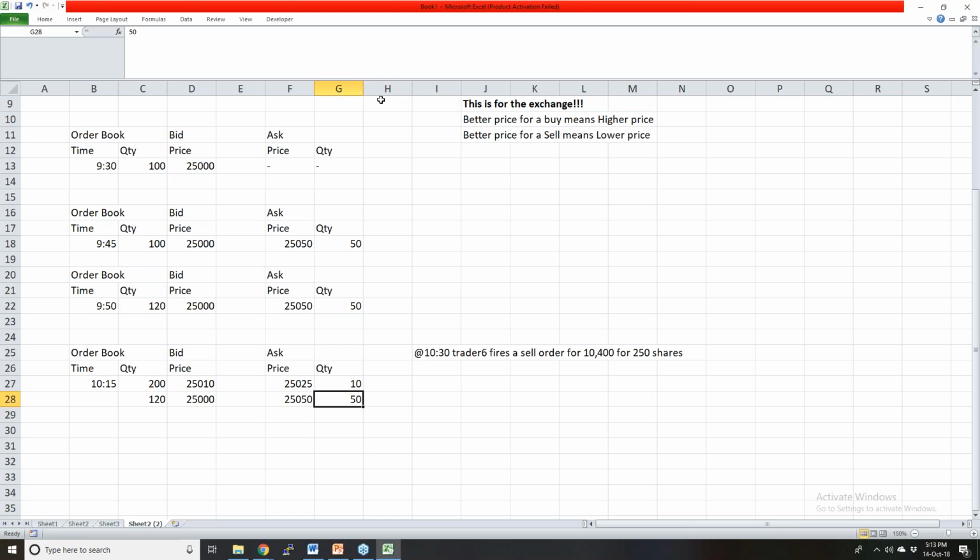Nothing will happen. Sell order for 25,400. All right, so 250 shares. So what would be the trade? Any guesses? So the trade would be,